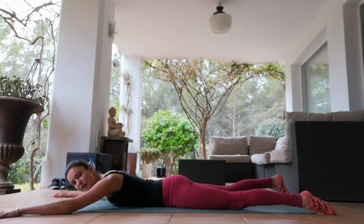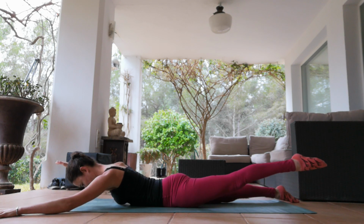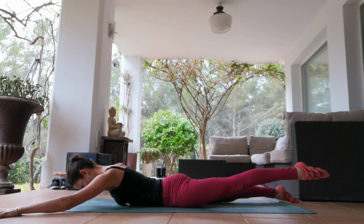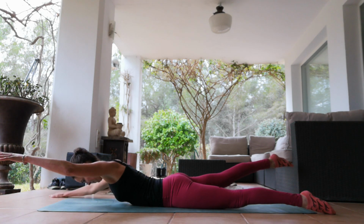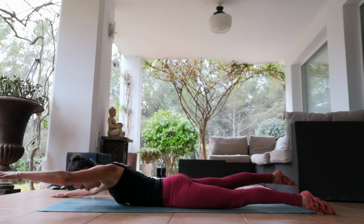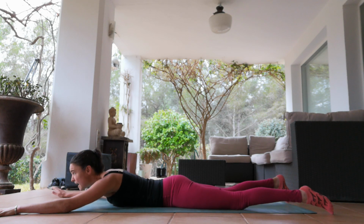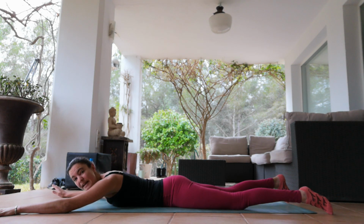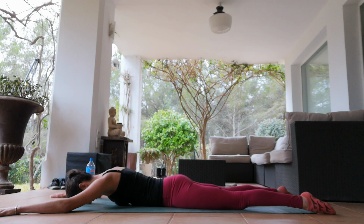If you feel any pain in your lower back, you can do the same exercise, but keep your head on the mat. That'll take a bit of pressure off there. I'm going to do 2 more like this. 3 actually. And then for the last 4, if it's available to you, we can do all 4 at the same time. If that's not for you, just stick with what we've been doing. But otherwise, we're going to lift all 4 up,